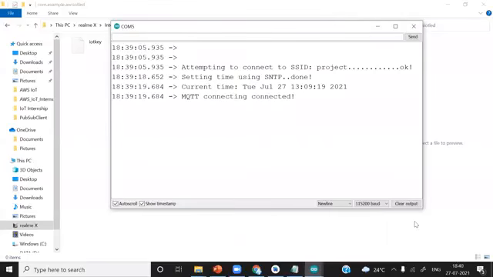Is it visible? The ESP8266 is visible. Okay, I will press this LED off button. You can see LED off. It turned off. Now I will make it on by pressing this button. Okay, LED on. It got turned on. I'll again press this LED off. You can see now we are in control.